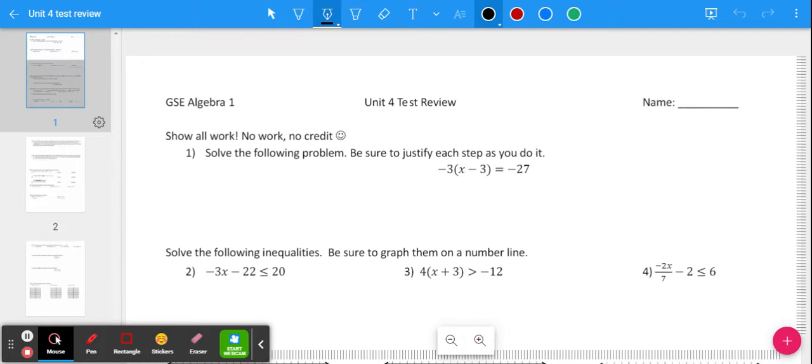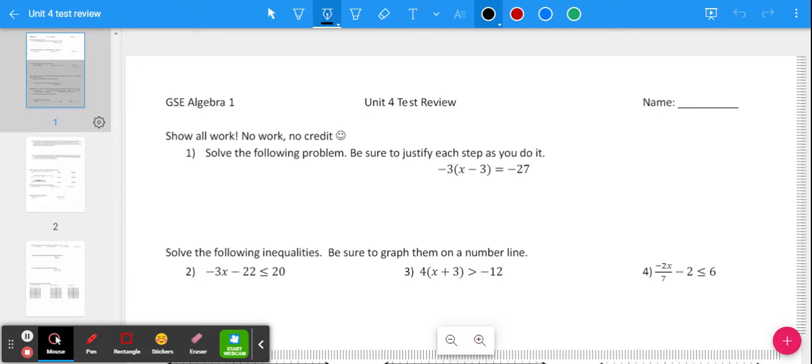This is the Unit 4 test review. As we go through this, make sure you have your review in front of you and you're writing down each thing as we go through it. Use the pause button to pause if we're going too fast so that you can have all of the material. Also, you need to prepare questions throughout this video. Just write them on the side of your paper to make sure you have any questions or misconceptions answered prior